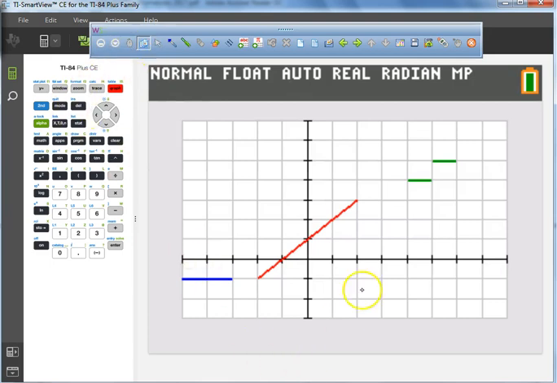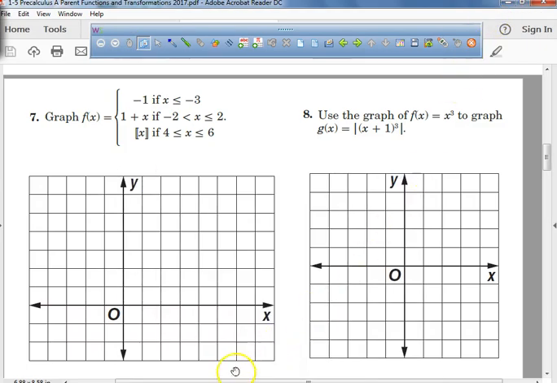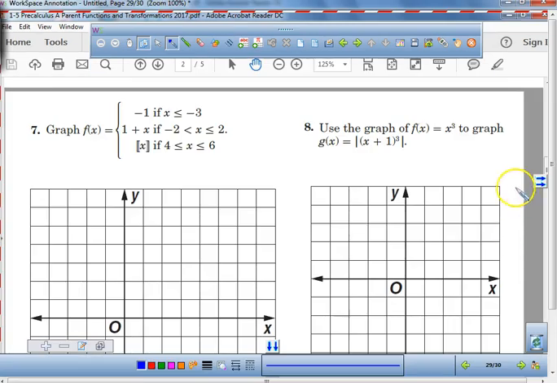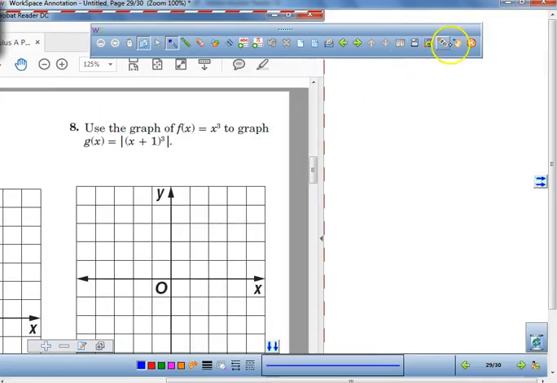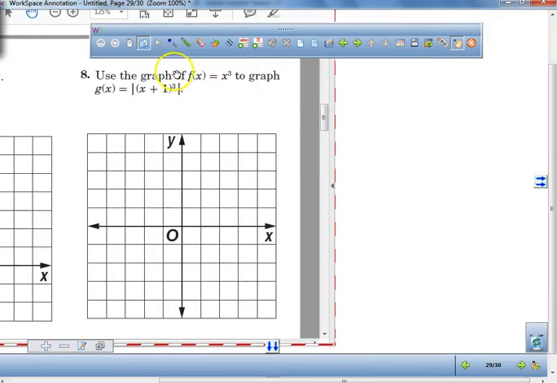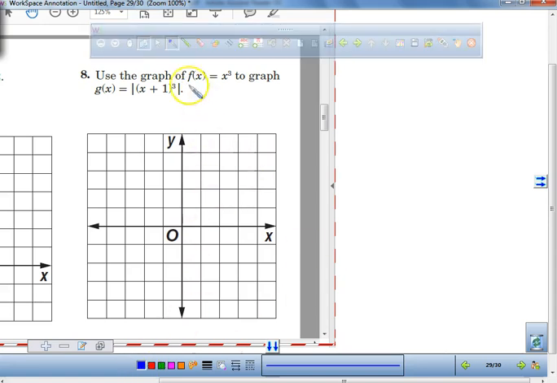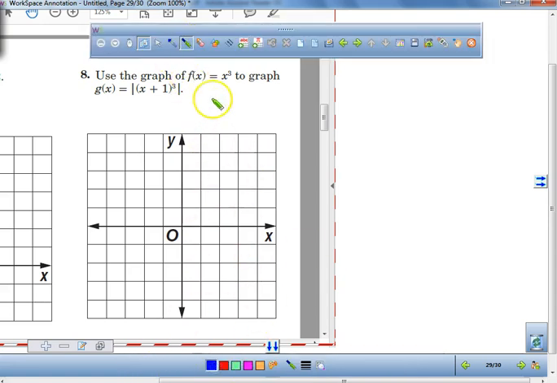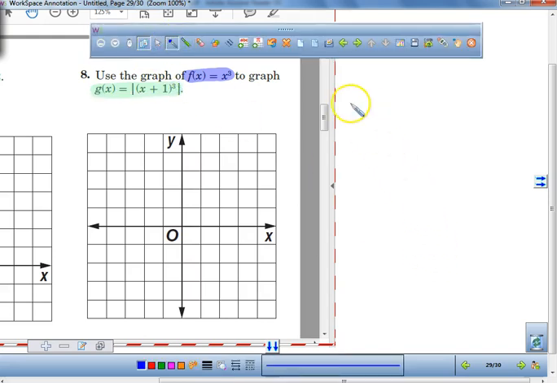What I'd like us to do now is go to the next problem. Look at number 8. What we're going to graph right now is problem number 8 without a graphing calculator. So right now, we're going to do this graph in blue. Okay? Without the use of a calculator, on your paper, write down f of x equals